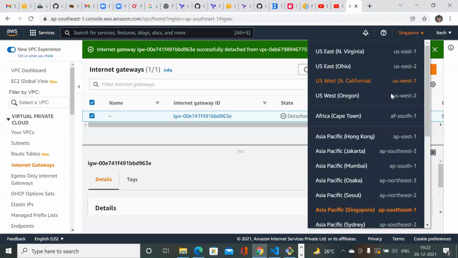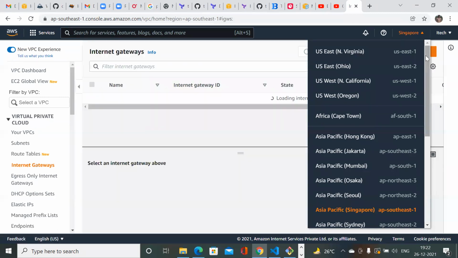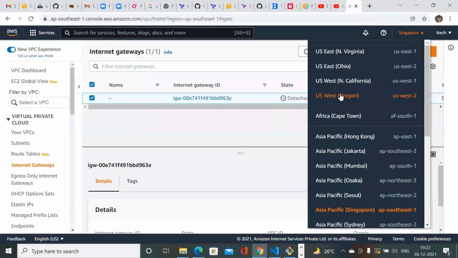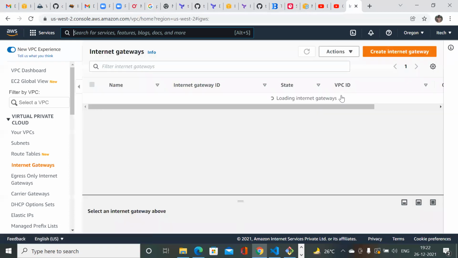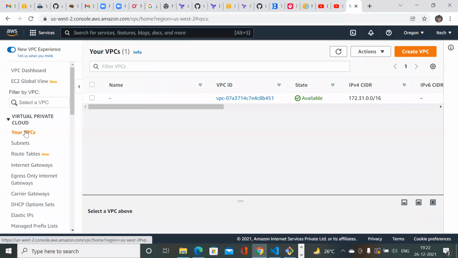Instead of Singapore, I will navigate to Jakarta. I don't know where the location is. No, cancel. Okay, Oregon. Still in Oregon, I have the VPCs.